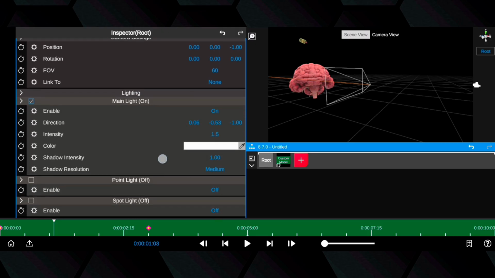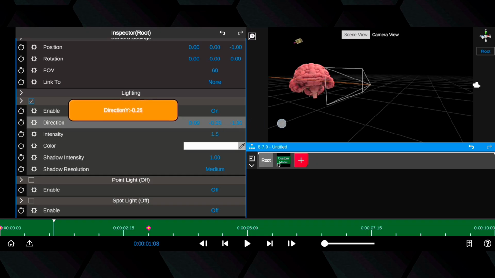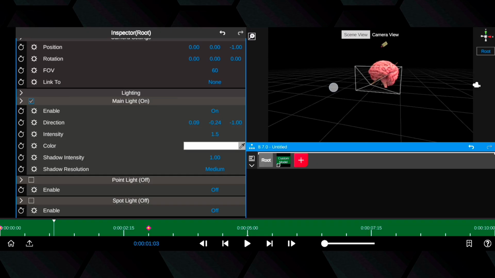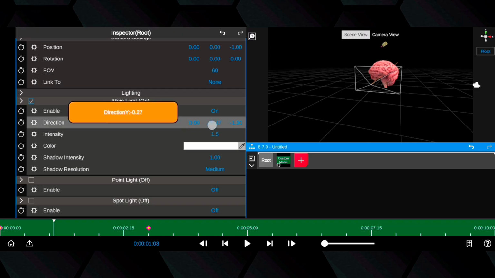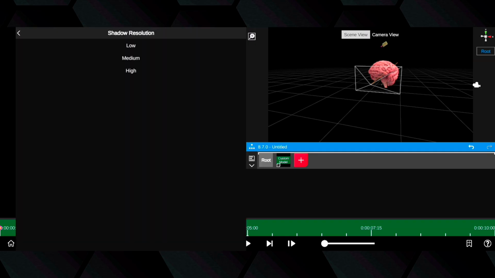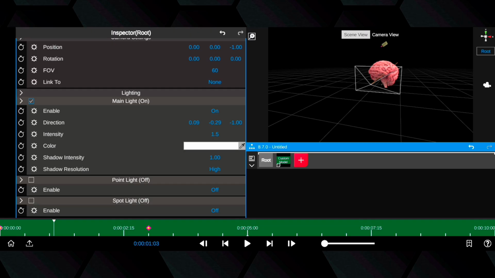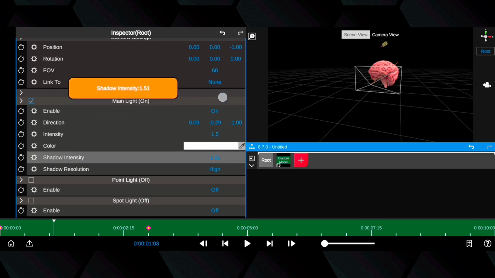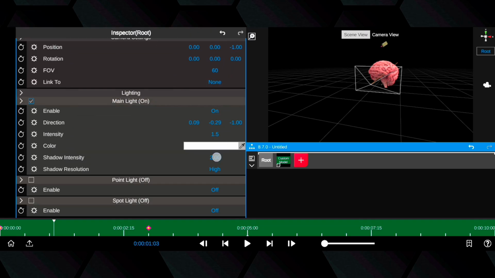Tap on lighting, main lighting, and just like this. The shadow resolution will be high and the shadow intensity will be high. 2 is the max, and now